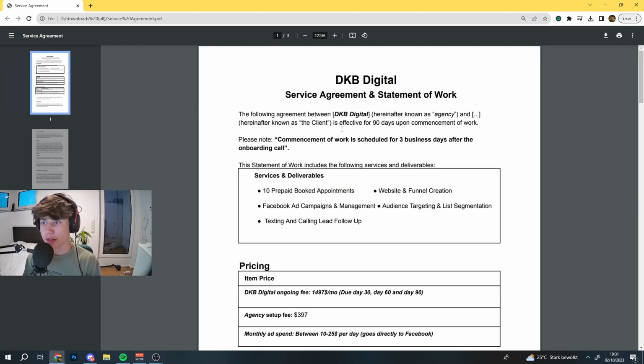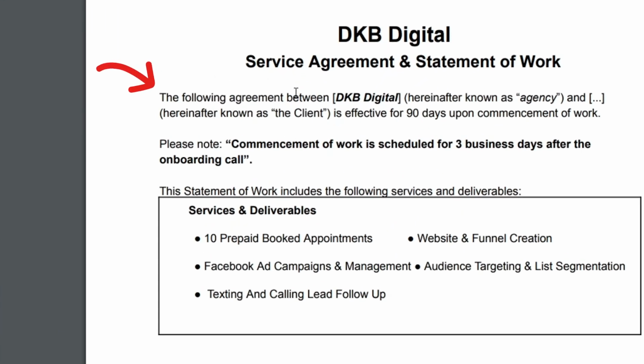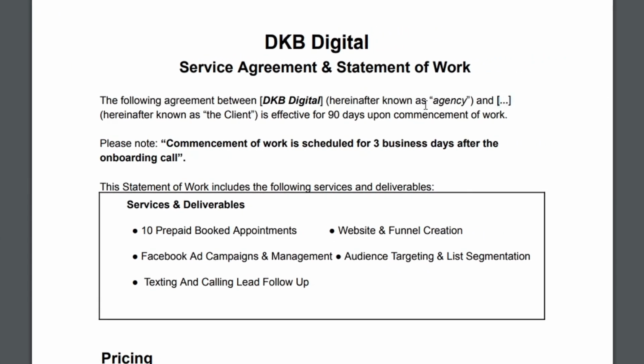So what I would suggest is I'm going to go through all of this, and then you can basically change out my company name, the one we use with my business partner, to just yours. So the way we start off is here you just basically put the agreement is between your agency as well as the client, right? So here she would put her name, and then you would say, for example, for us it's a 3-month contract, so you would say it's effective for 30 days, 90 days, whatever your contract or whatever